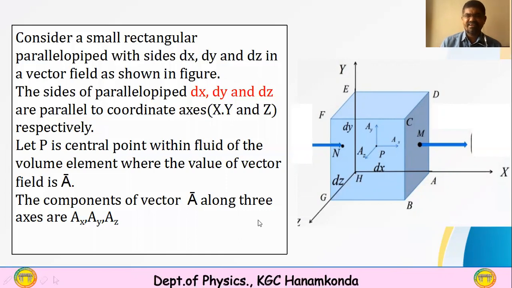This P is specified with a vector quantity A, whose component along the x-axis is ax, along the y-axis is ay, and along the z-axis is az. Here I have shown this in the figure. Now, this field is expanding along all three directions. Therefore,